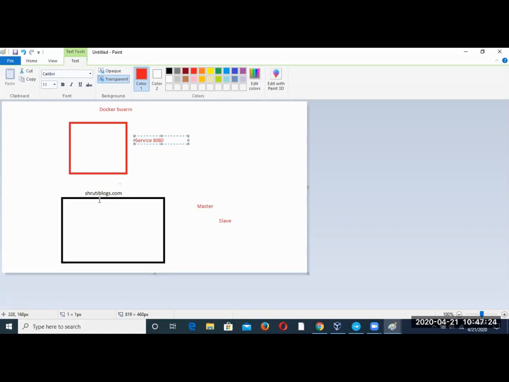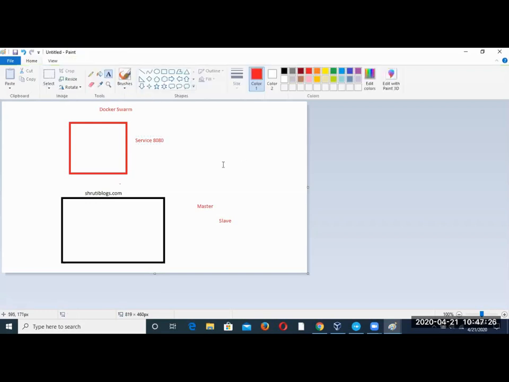Now I have to prepare multiple hosts, a Swarm cluster. So in the Swarm cluster, let's say I have 3 different hosts, meaning 3 different machines where my Docker terminal is working. So this is host 1.